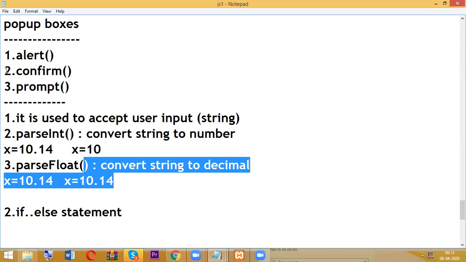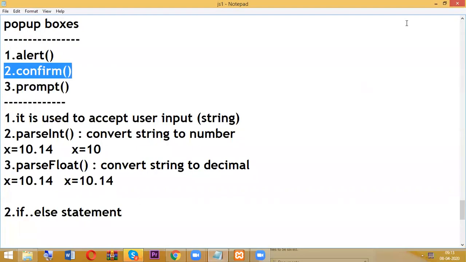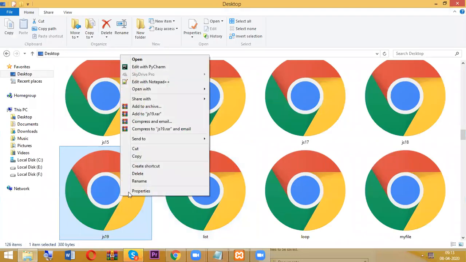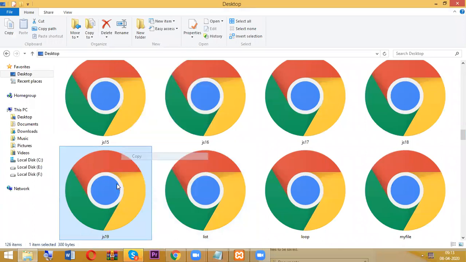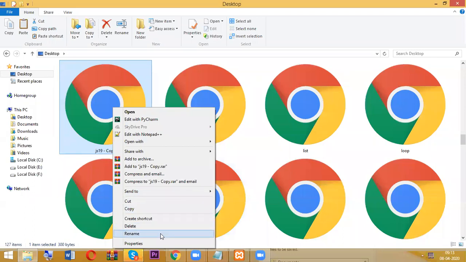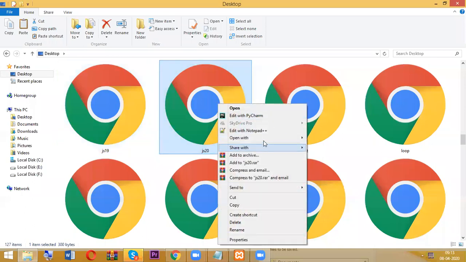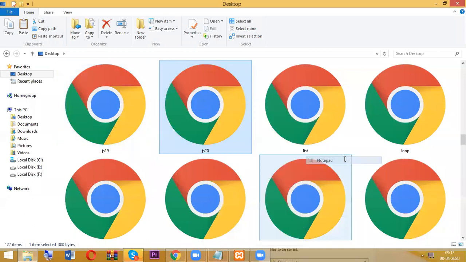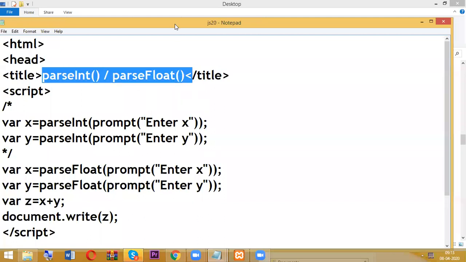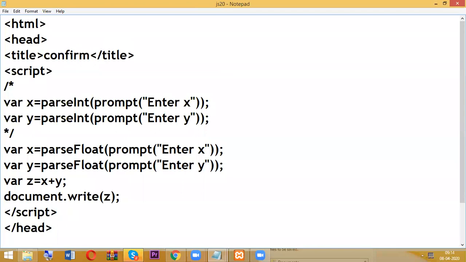Regarding confirm, one more example. So JS 20. Right click, open with. Regarding confirm, one more example here, just to recognize the button.